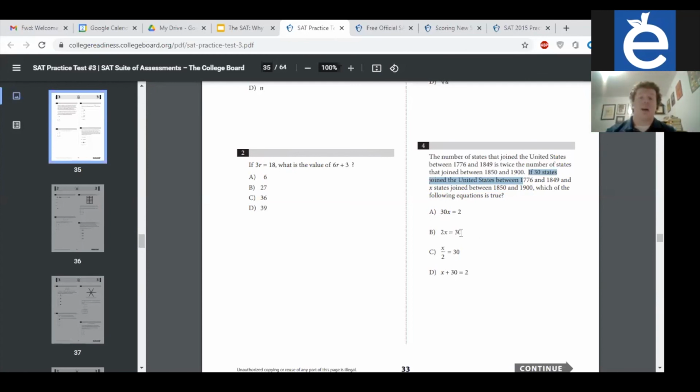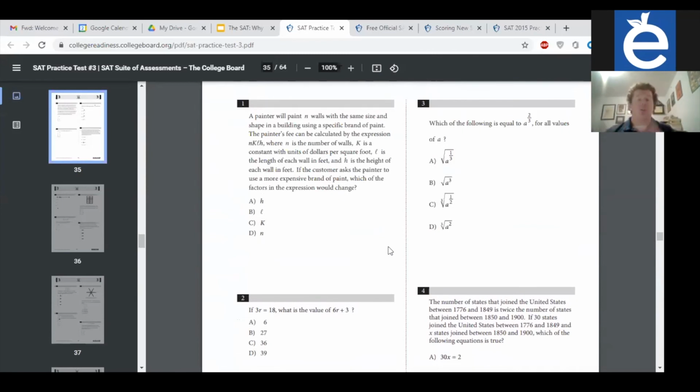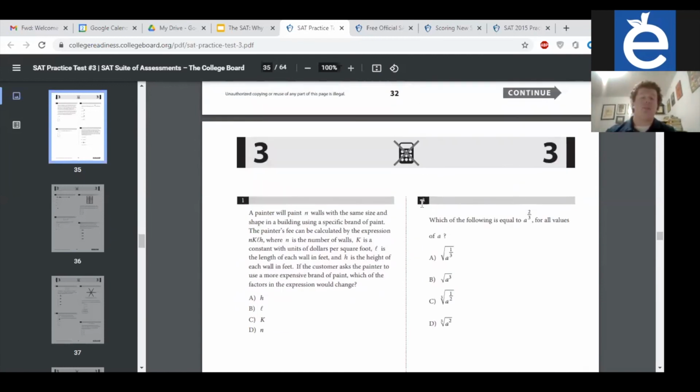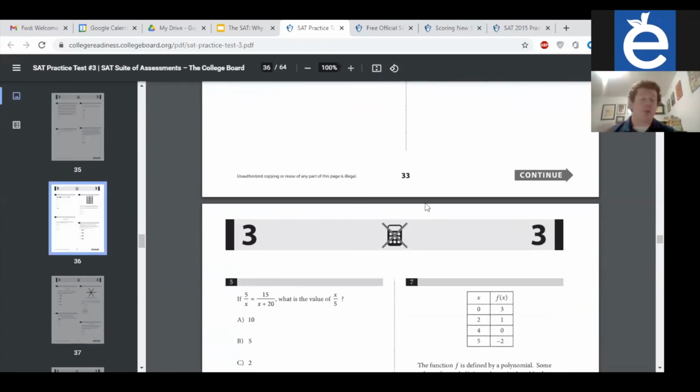Here it would be option B, 2x equals 30. We have to read that carefully just to establish which is being doubled in this equation. Usually questions 1 through 4 are going to go pretty quickly and involve some basic algebra, like number 3, knowing the rules of exponents. It's a pretty direct application of them. You don't have to do much